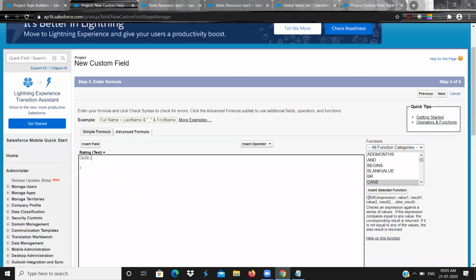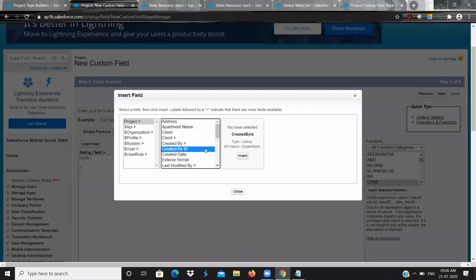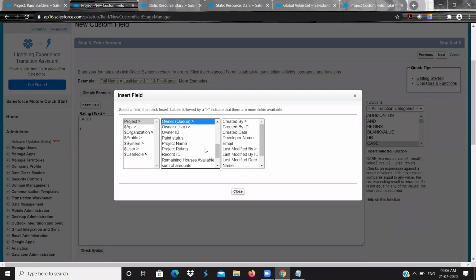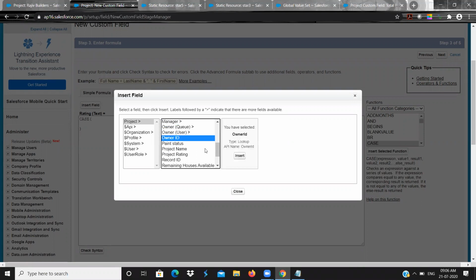For CASE, we know the expression, comma, value and result, value, result, value, result. Finally, what is the else result? So we need to insert the field. The field name is what we have given, project rating, right?